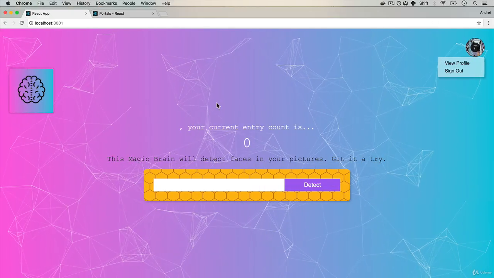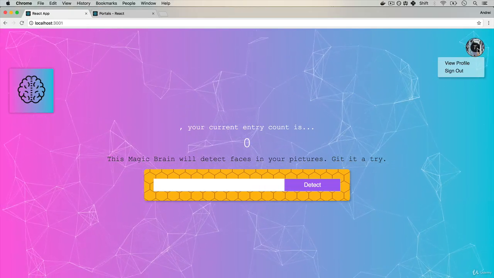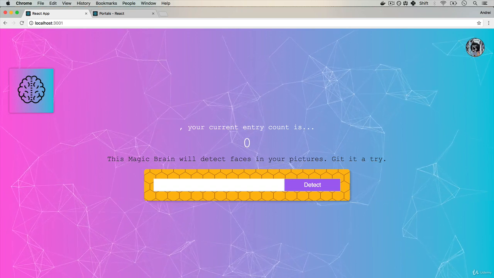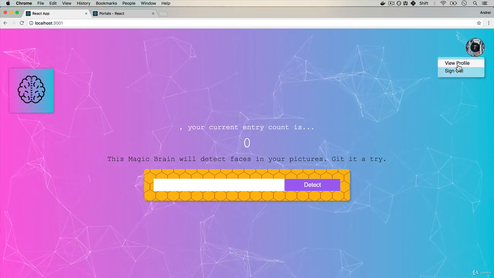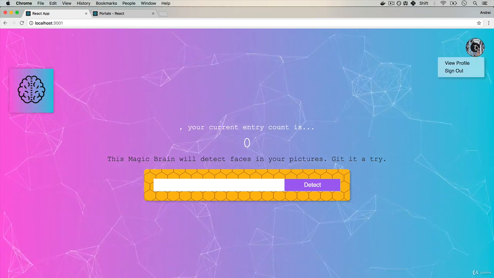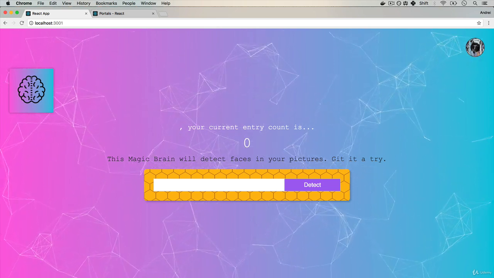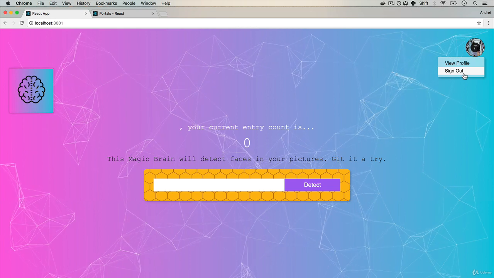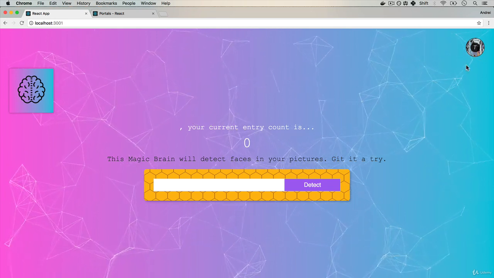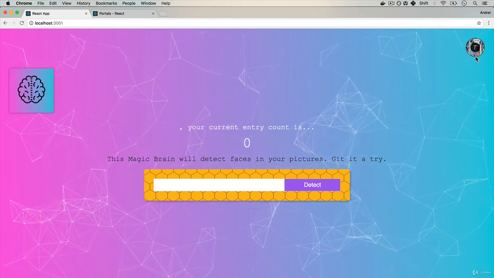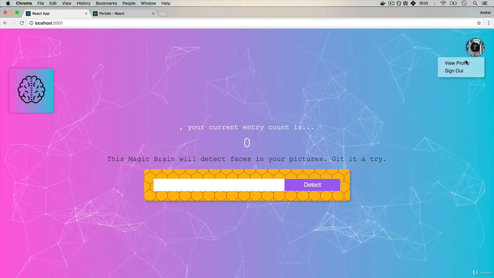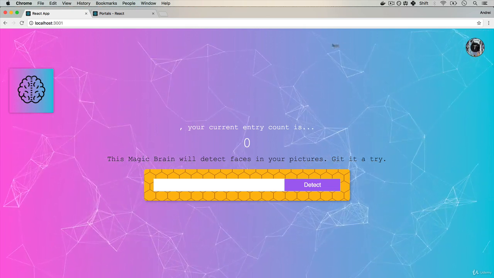Welcome back. We've had a nice setup here where we now have a profile icon and we can sign out or view profile. Well, or at least we can click on it, but there's no view profile functionality. We can sign out, but when I click view profile, nothing happens. Now, what we're gonna try and do is when we click view profile, I think it would be nice if